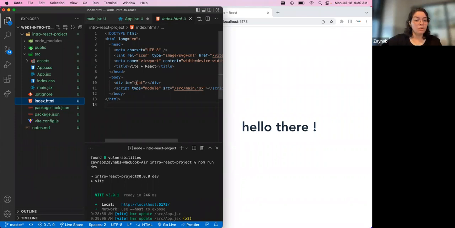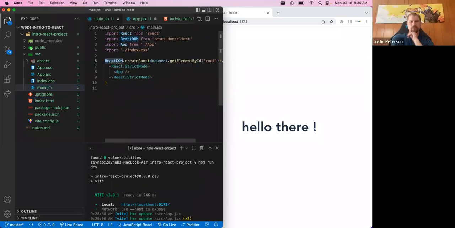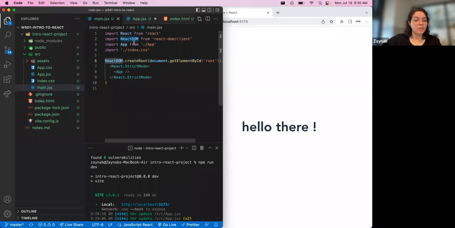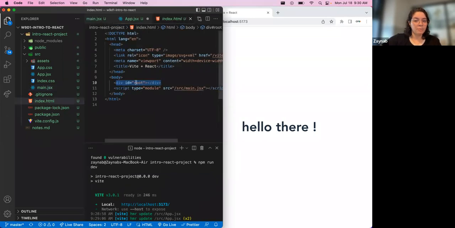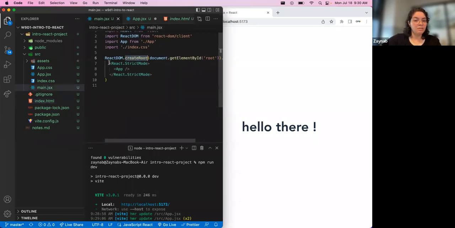But this root is being populated by the main.jsx. We're using this React DOM create root function that takes the element which we created, the root element here by ID, and then it renders in that element this piece of